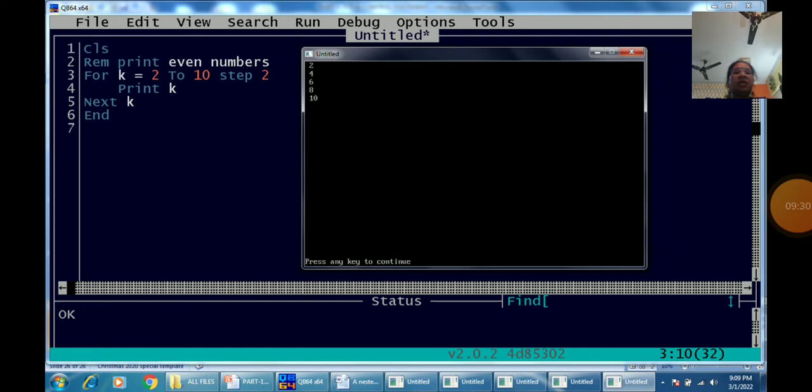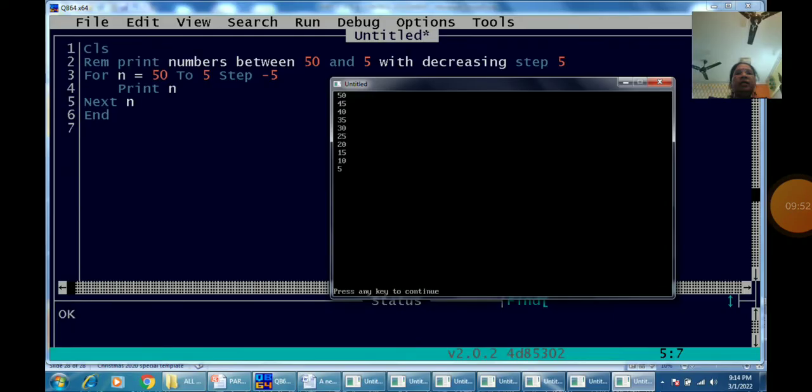That means it will print 2, then 4, 6, 8 and 10. That means for Next, you can give a step also. Yes children. Now we will use a step in minus, because I want to print